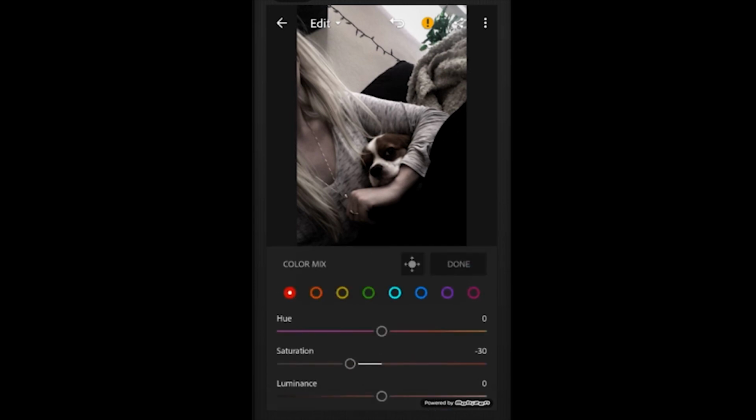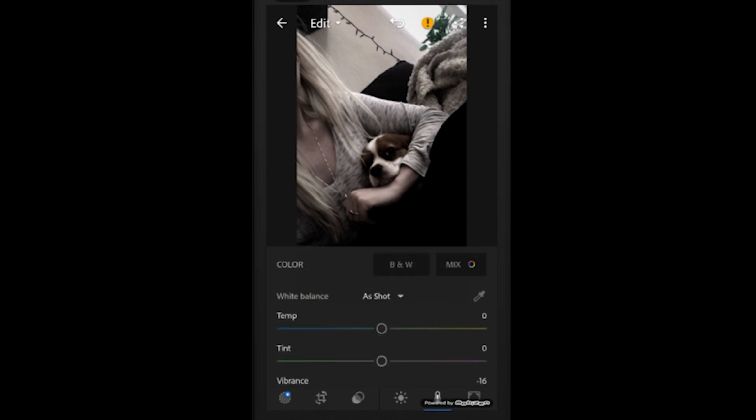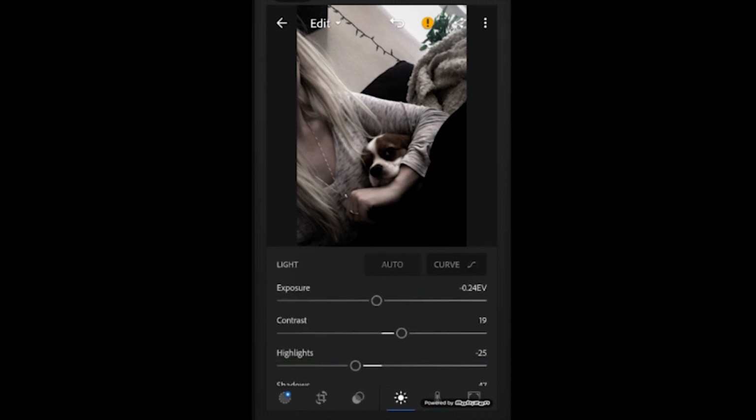You can actually go in here and change the saturation of specific colors. Like I've done that with a lot of the reds, otherwise the skin seems to turn out really red. So I've gone down and I've just turned down the saturation individually on all the pinks and reds. And then you go to this section, which is your light section. I did bump down the exposure on this one a little bit, and I would probably keep it like this